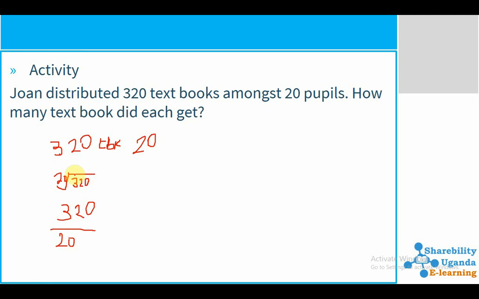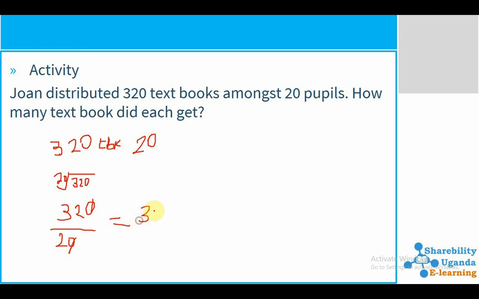You can use all these methods and they give you the right answer. But the right method to use is this one, because it helps you do things easily. So here we just divide these zeros by 1 and remain with